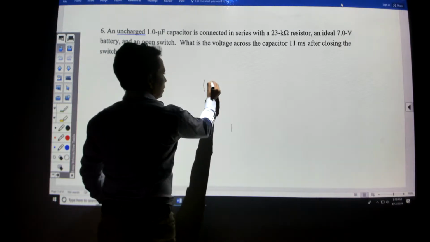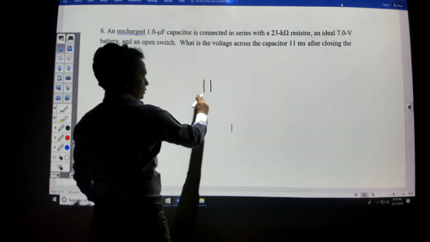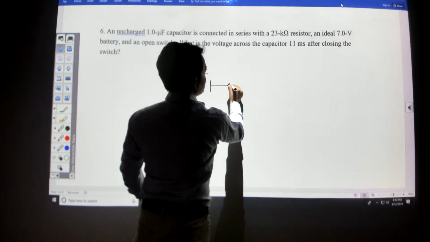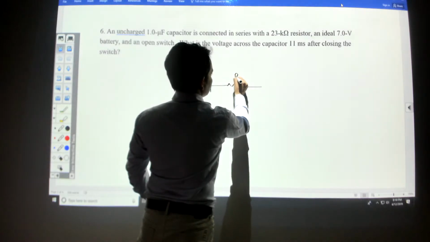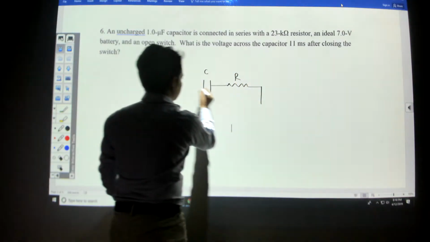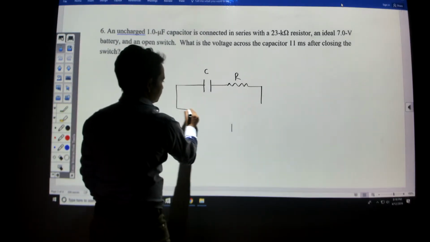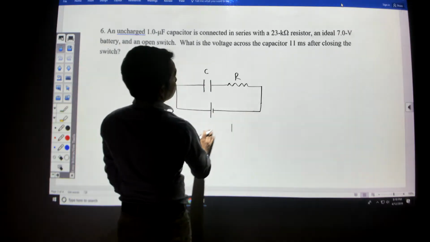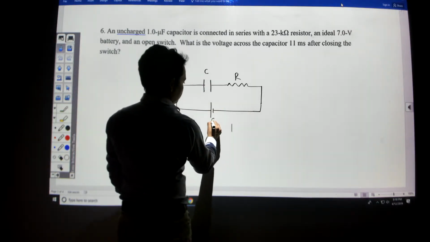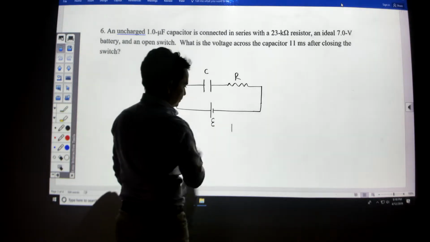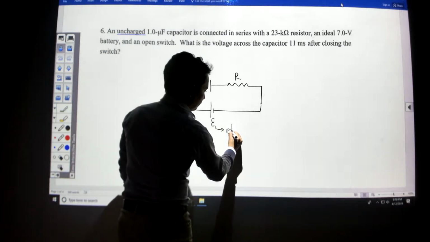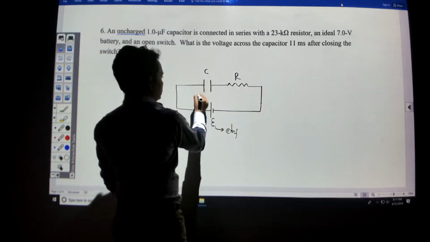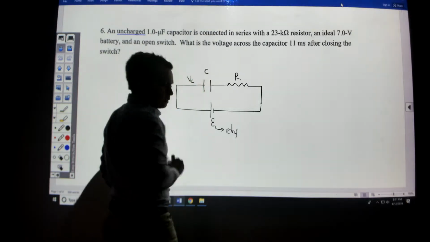This is the symbol for the capacitor. You draw the two parallel lines, and we call it C, and then it is connected with another resistor R, and then you have a supply voltage, and this is the battery. All right. We call this EMF, or the applied potential, and VC is the potential across the capacitor,